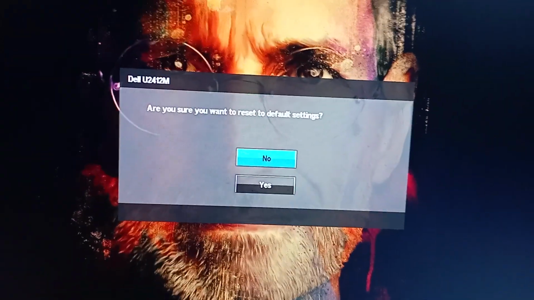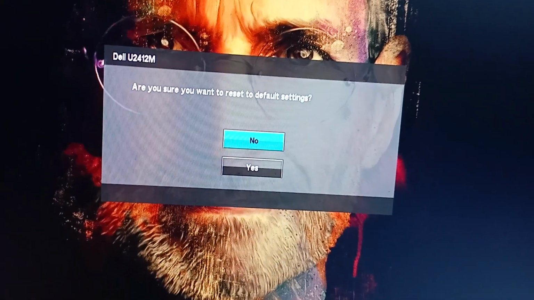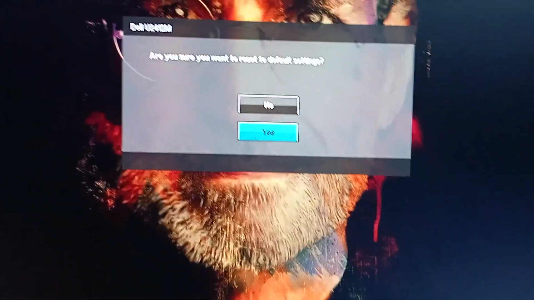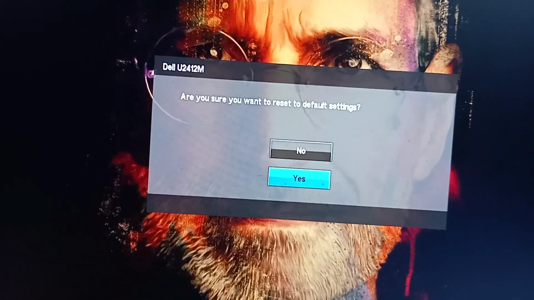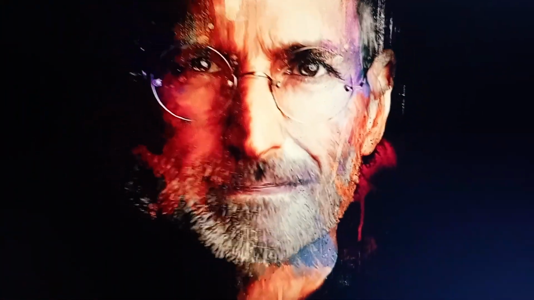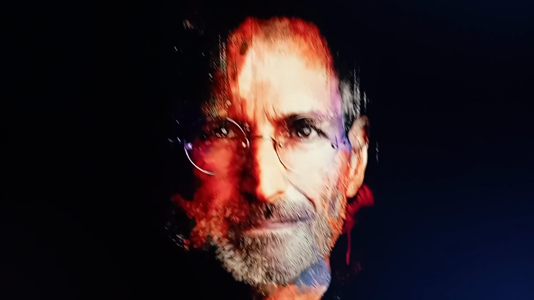There is a pop-up here. Are you sure you want to reset the default settings? Choose yes. By default it is selected no, but I need to choose yes. Then click the select option. You can see the changes on my screen,